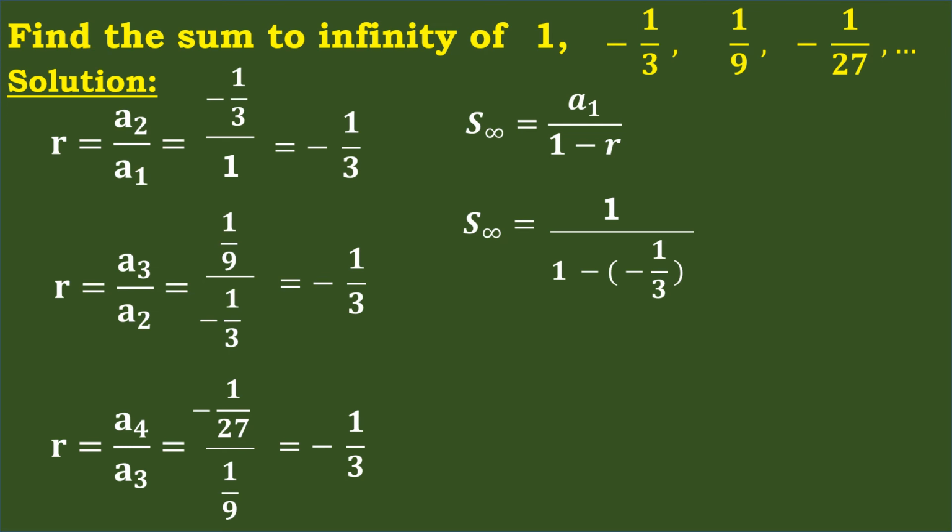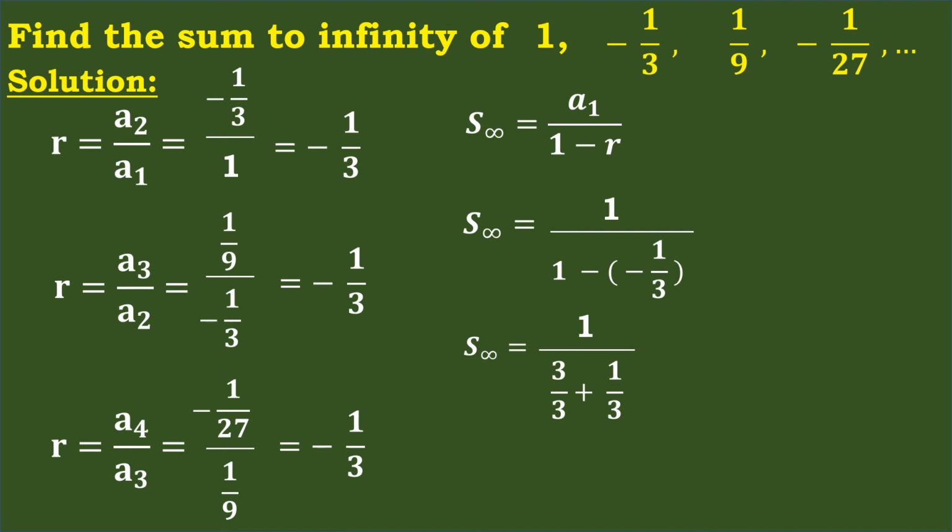Simplify natin. Following the rules in subtracting integers, change the sign of the subtrahend and proceed to addition, or simply negative times negative, positive. Kaya naging 1 divided by, okay, ang 1 is also the same as 3 over 3